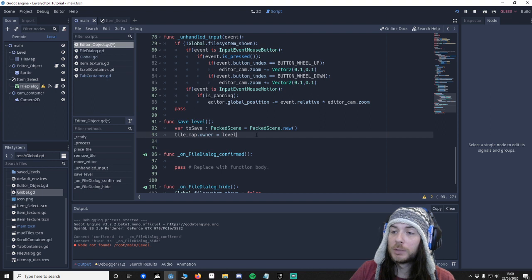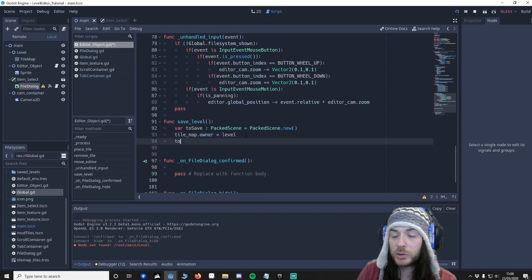So you might think, oh, what does owner mean? Well, even though it is a child of the level, the level still doesn't own this child. So if I was to save the level as is, it wouldn't save the tile map. I don't understand why it is that way, but it is. So you have to make sure that if you want anything inside the level to be saved, it has to be owner of level. So we know that tile map currently isn't the owner of level, so we need to set it as such. So to save dot pack this level now,